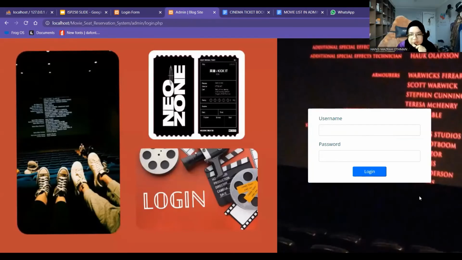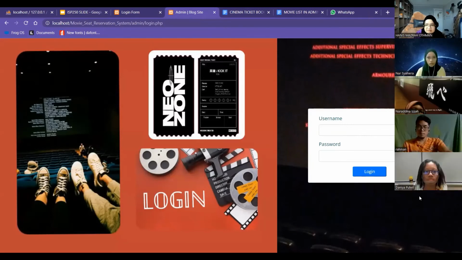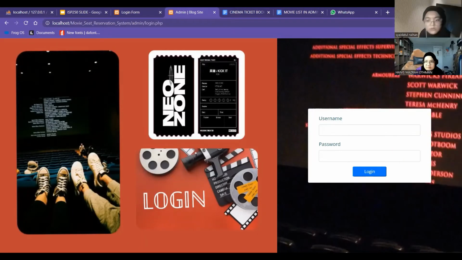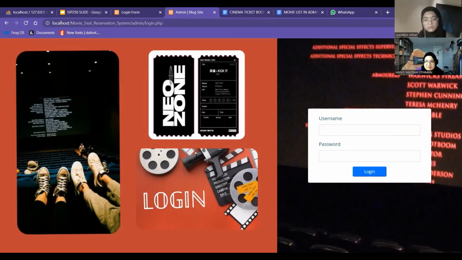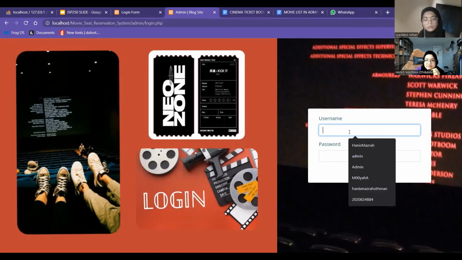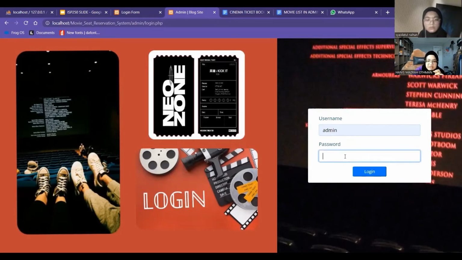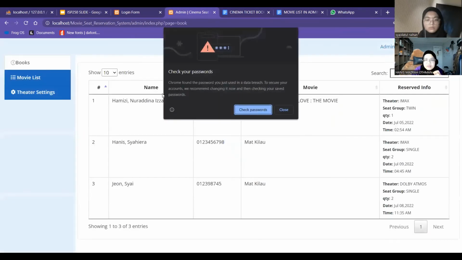Okay, next we move on to the admin page. First, the admin needs to insert their username and the password, and the booking page will appear.